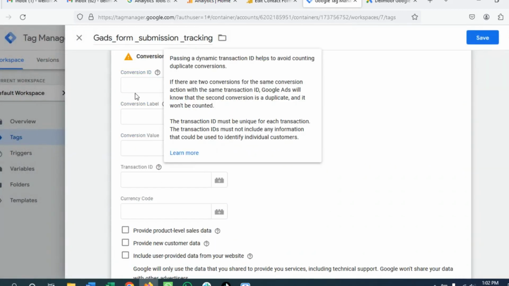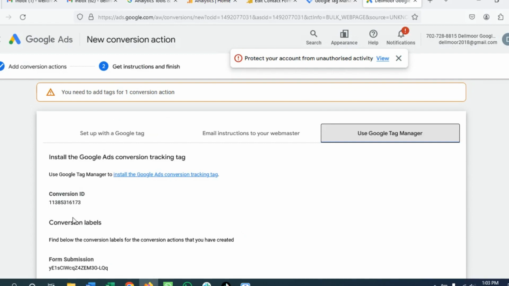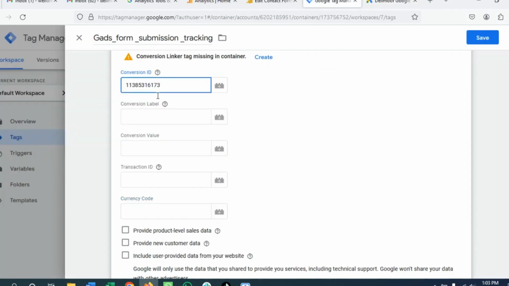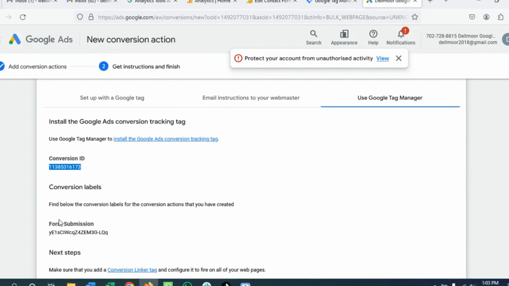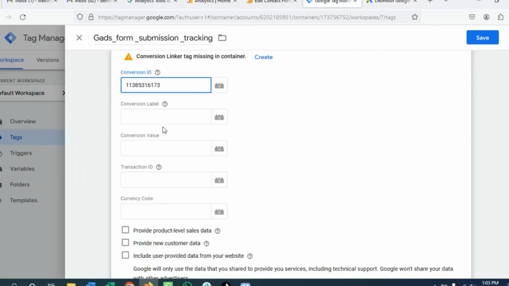For conversion tracking, there are some attributes like conversion ID, conversion label, conversion value, transaction ID, currency code. Currently we do not need currency code, but we have the information here. The conversion ID is this. We select it, and this conversion ID and conversion label, copy it and